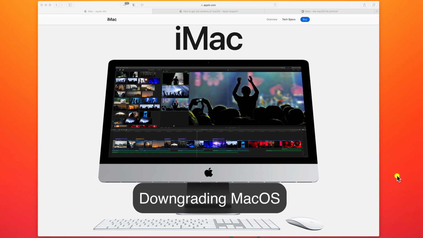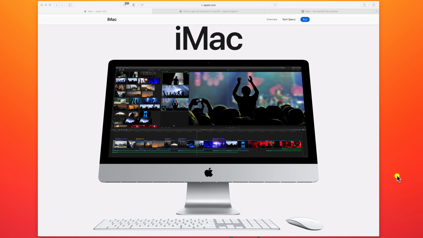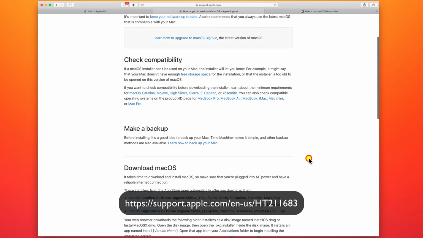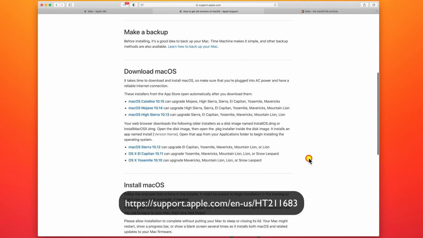Okay, it seems to be the season to downgrade, and seeing how many people have had to do that with the recent macOS update, I thought it might be a good idea to run through the process of how to get the older versions of macOS and how to create an installer and what steps might be required to recover and reinstall an older version of the macOS. Fortunately, Apple has a support page where they have given links and listed out some steps to do the same.